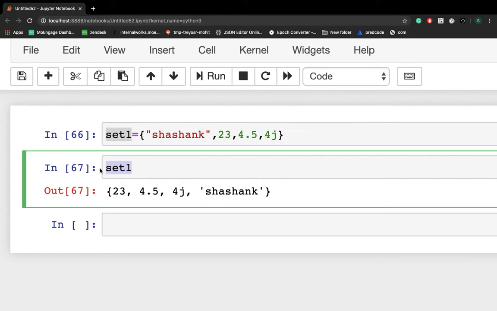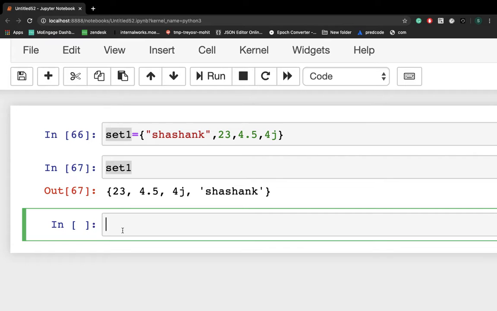Let me check how we can create a set using the set constructor. I'm writing set2 here. Now we have to write the set constructor first, and then we can provide values using a list. I'm writing 1, 2, 3, 1, 1.